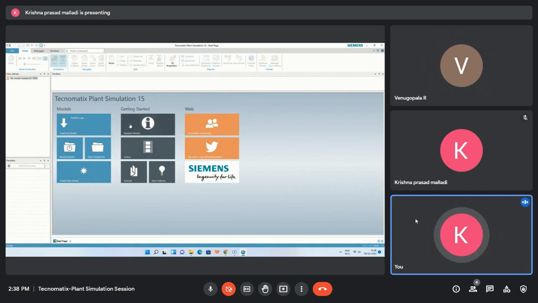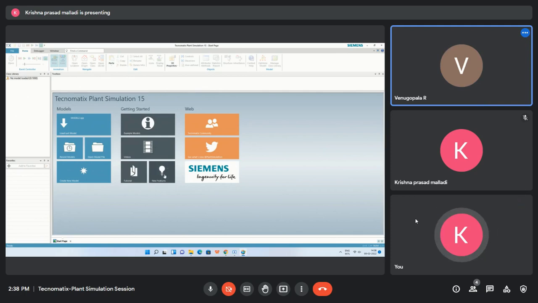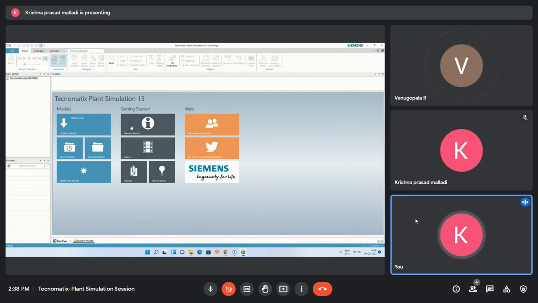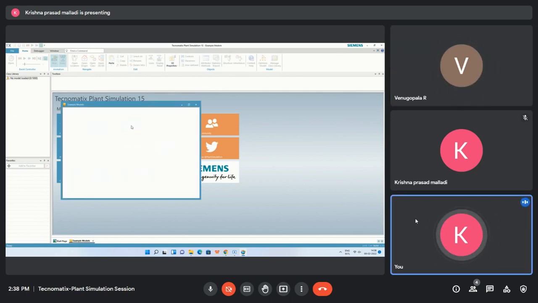And second is example models. Getting started: if we have some knowledge of the basic things and I want to review further, then these are the tutorials I need to use, like example models, videos, tutorials, and new features. If we click example models, there will be some example files to showcase from someone. So if I click this factory